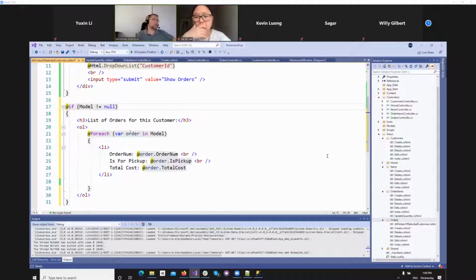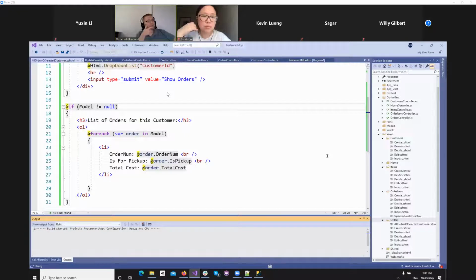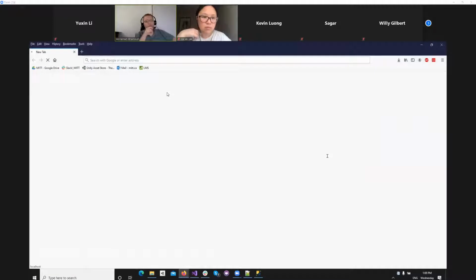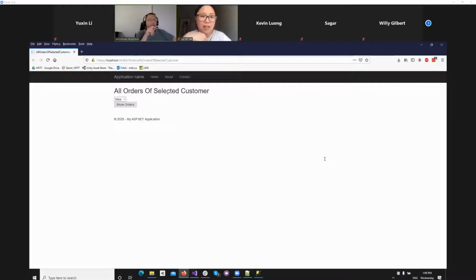So I will come back to this code to show it to you, but let's test it first. I'm not sure if I missed anything, but if we did, we can try to fix it. Okay. So here's the get part. The get part, all orders of select customer, that's the name of the page. And here you need to select. Let's test it. So when you click the orders,